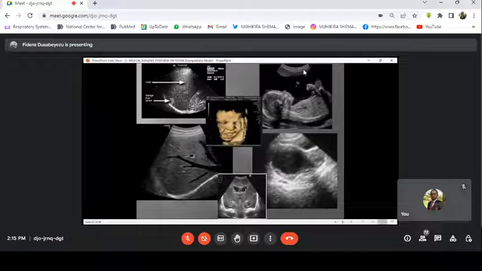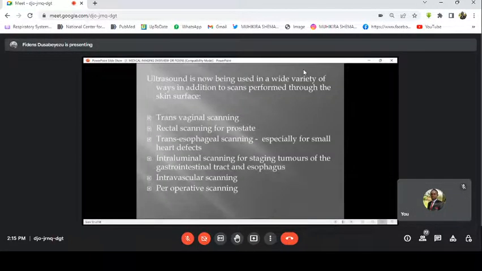All right, let me go to the next slide then. So, everywhere we have ultrasound machines and we use them in a hospital. The main imaging procedures we do is that